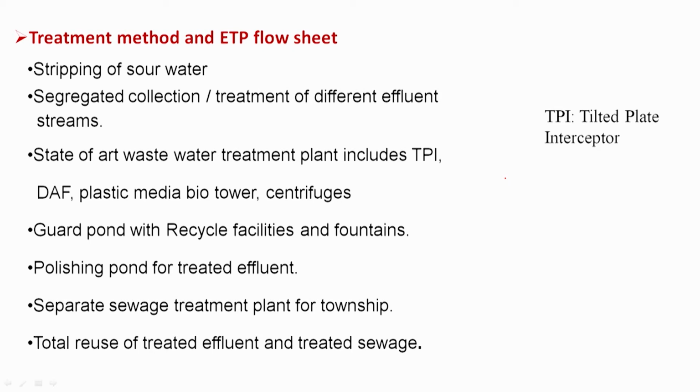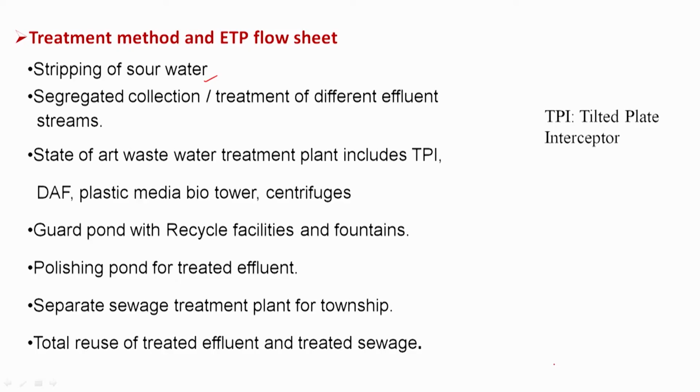One important aspect is the stripping of the sour water. In some processes SO2 is used, so in that case SO2 is also available in the water. That SO2 has to be removed from the water, and then we get the stripped water. So, stripping of sour water is one important part of the ETP flow sheet, and then comes segregated collection and treatment of